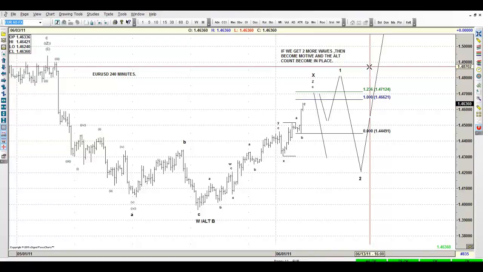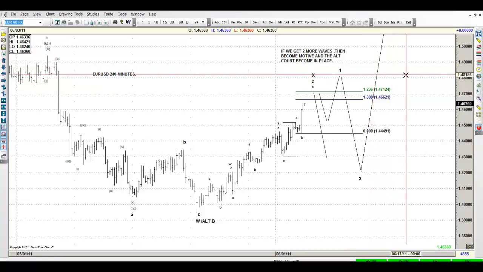So either way, we're expecting some type of recovery in the dollar. That's what we've been preaching for the last week. The nature of that recovery is the one that is going to dictate the next 2 months. We cannot, guys, we cannot say otherwise. If we say otherwise, we don't take biases, as you guys know. We go with the waves.